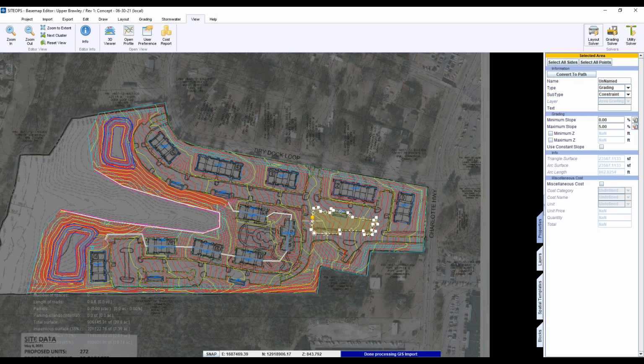Okay. And the thing is just looking at what it's doing and thinking how realistic is what it's doing. SiteOps, if you let it, will get super aggressive with its grading. And you just kind of got to make a judgment call on, is it getting too aggressive? Meaning it'll set everything at 3-to-1. They'll set everything at 3-to-1.